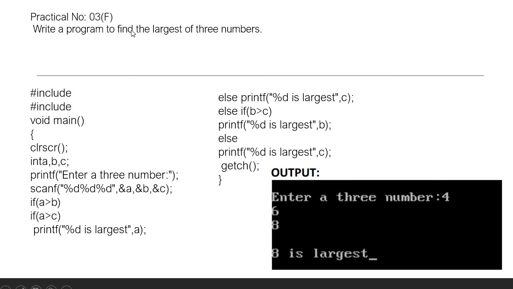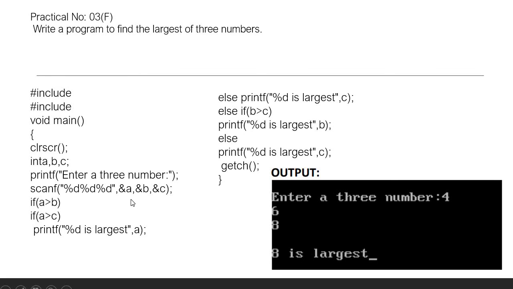So let's see. We have to find out the largest among 3 numbers. So over here I am introducing 3 variables, and for the 3 variables the user can enter the value. Now the if condition: if A is greater than B, as well as we want to check A is greater than C. Students, once again I am repeating, over here we are not using any logical operator. That's why multiple if conditions we have to use. This is also called a nested if. And if this process finds A is greater than B as well as C, it will print that my A number is the largest number.